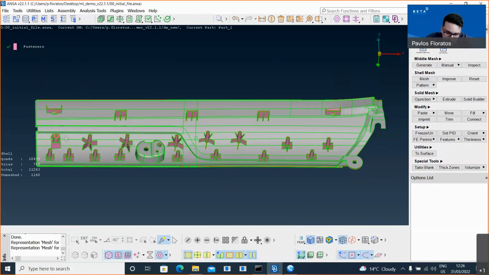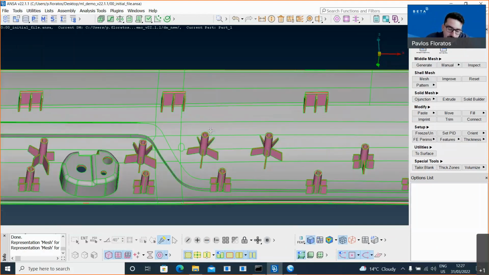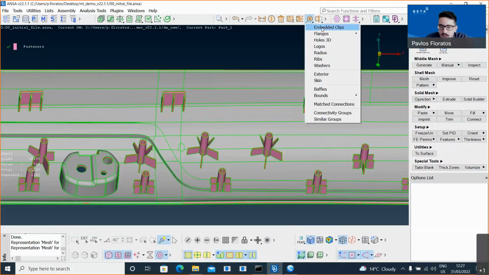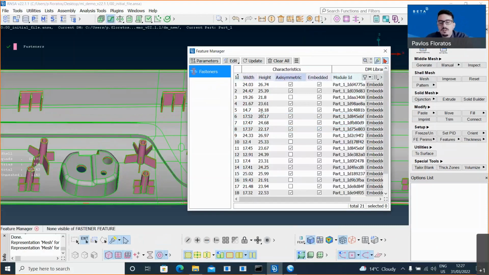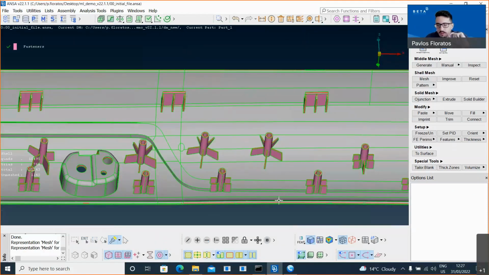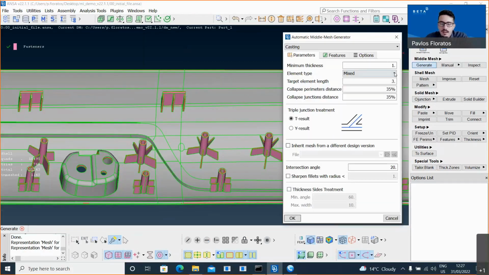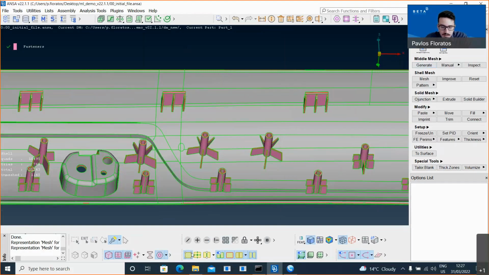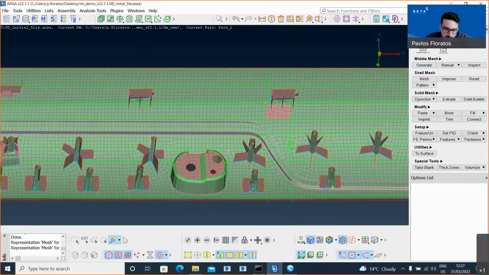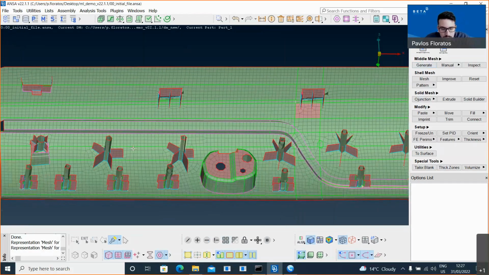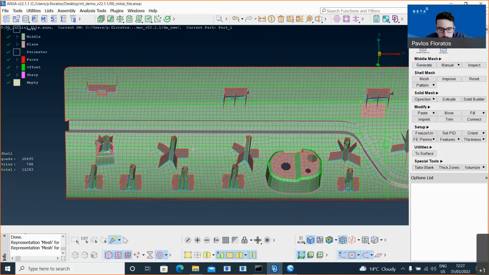The first thing that we need to do is to put inside Feature Manager all this geometry of the fasteners. We can use the isolate embedded clips predictor to help us with this selection. After this, we open Feature Manager, we select everything, and we save it in the DM. Afterwards, we run casting normally without any fastener treatment on the whole file, just to get a result everywhere. We are able, of course, to fix the result in the cases where the result is not good. We can fix the result and make it as good as we want.